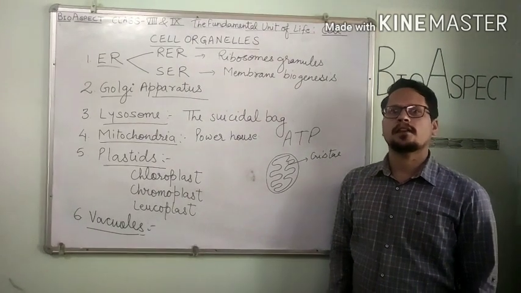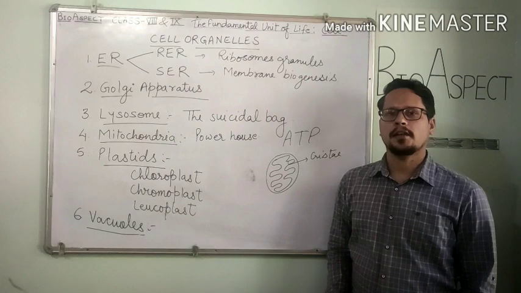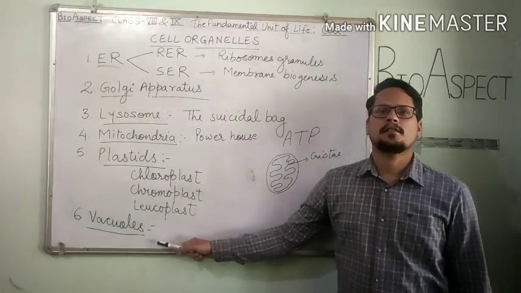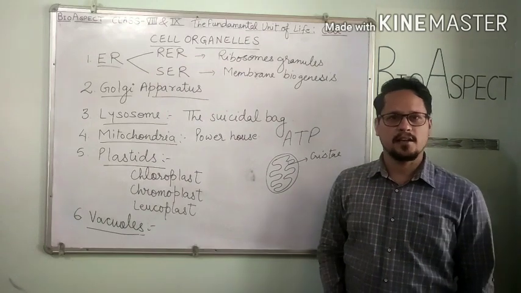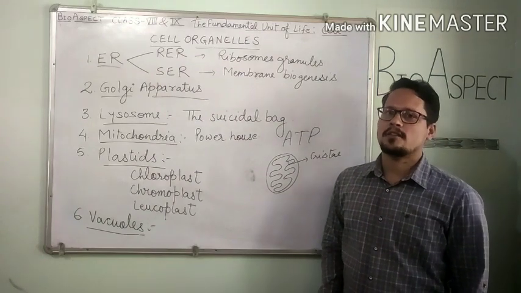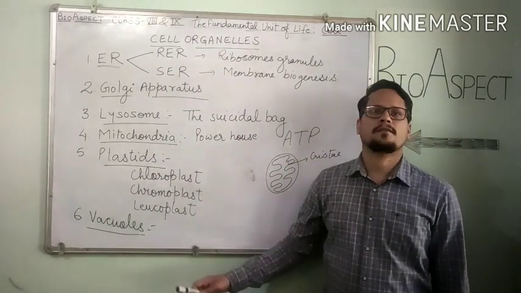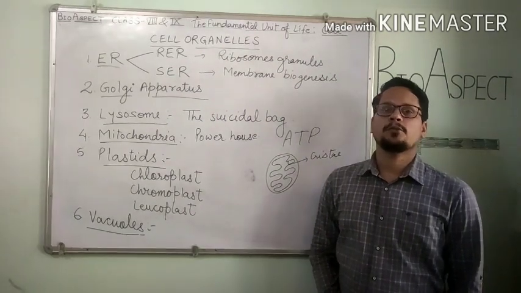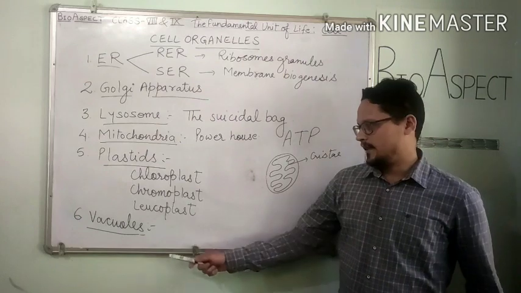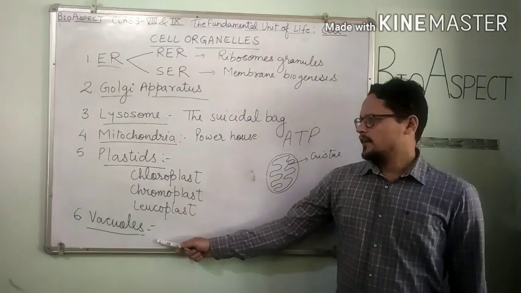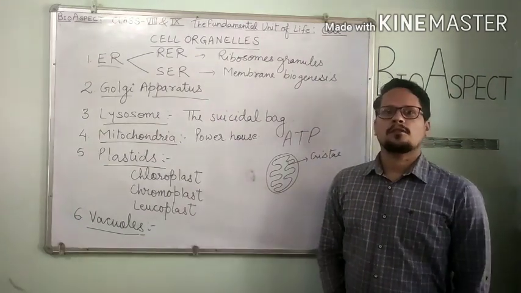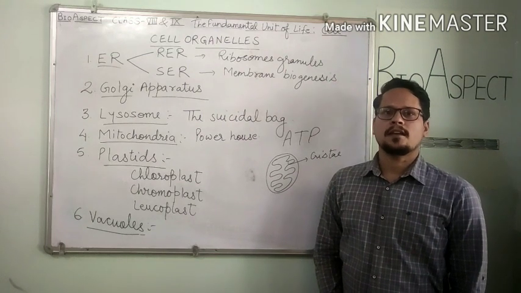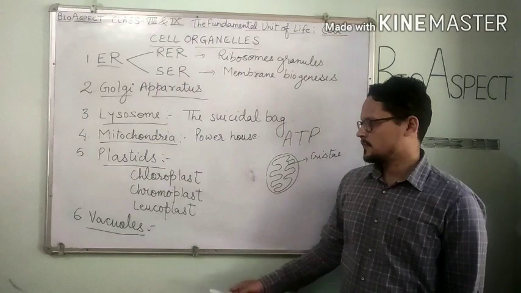Vacuole is the storing sac for solid or liquid content. There are many small sized vacuoles found in animal cells, and a large sized vacuole is found in plant cells, which covers over 50 to 90% of the cell volume. Cell vacuoles are useful for storing water, glucose, proteins, and some pigments.